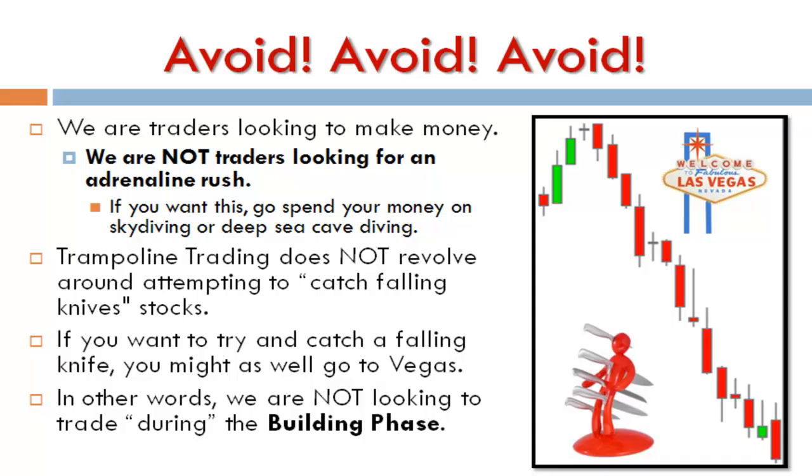But what we are not doing, and what trampoline trading does not revolve around, is trying to catch the falling knife. Yes, it's an adrenaline producing, exciting time, and if you can nail it exactly, it can be pretty profitable. However, catching a falling knife is not a viable long-term strategy. Why? Because the trend is totally against you. It's a massive bearish environment. So at the end of the day, the way I look at it is you're just simply gambling. And gambling, again, is not going to be a long-term formula for success.